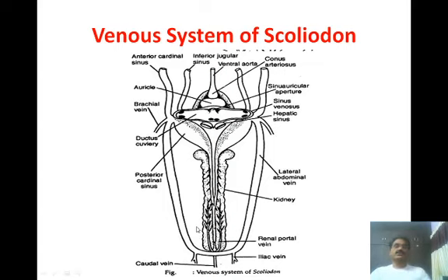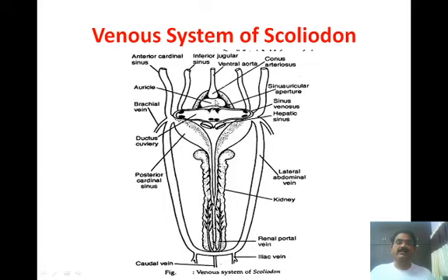So the cardinal sinuses are of two types, the anterior cardinal and the posterior cardinal. They occur in paired form, that is, the right and left pair of the cardinal sinuses are present in the body of the Scoliodons. Now here we clearly observe that